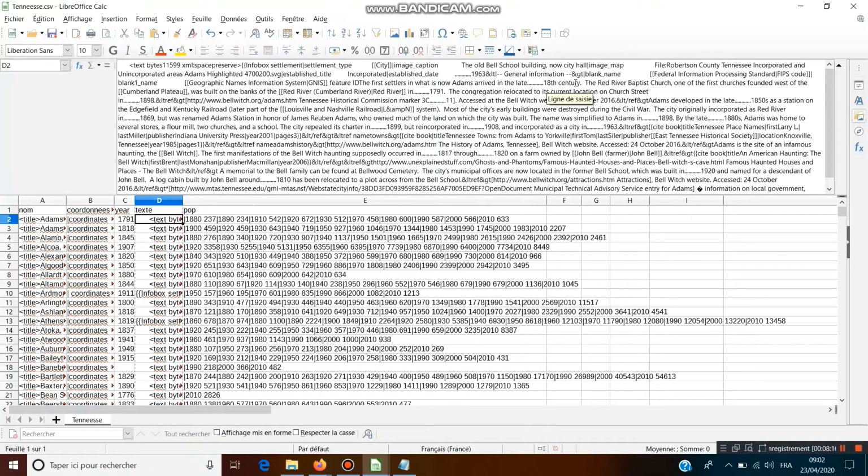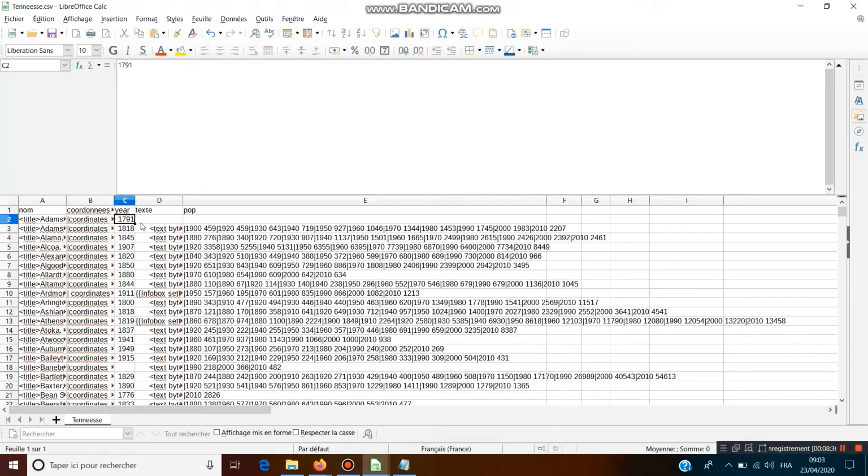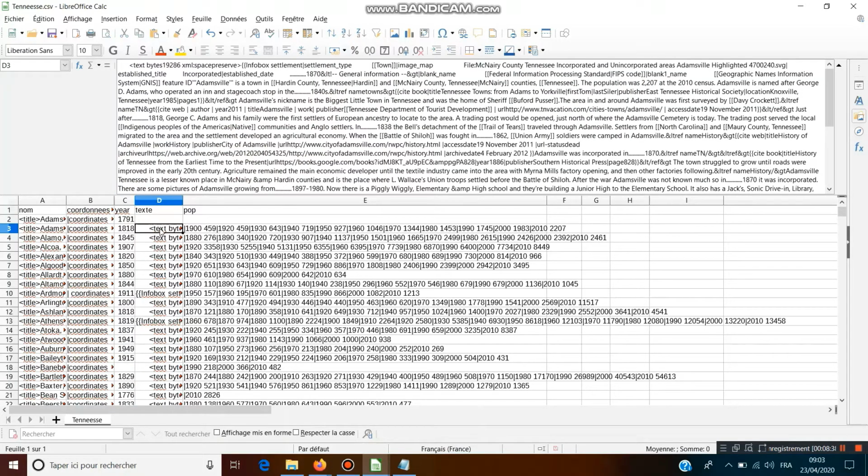And the first settlers in what is now Adams arrived in the late 18th century. So this information fits with the first column that displays the year 1791. Good, we will see the second line.